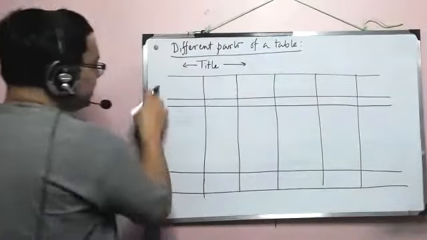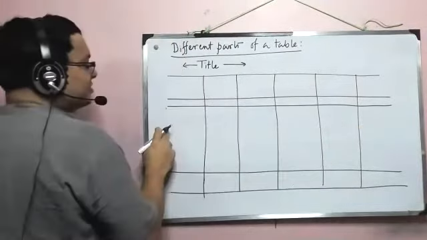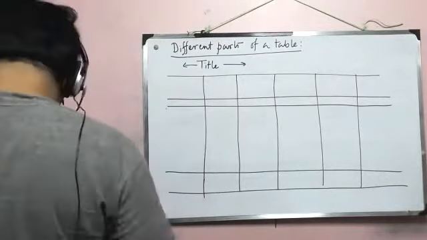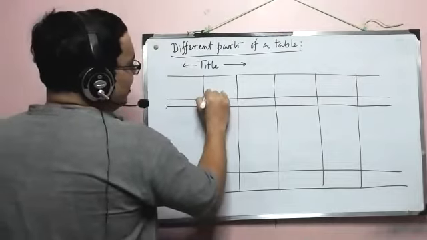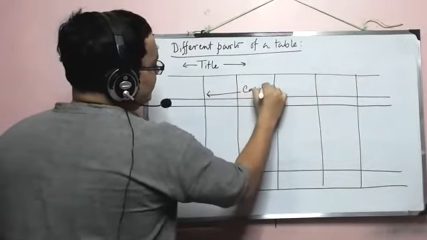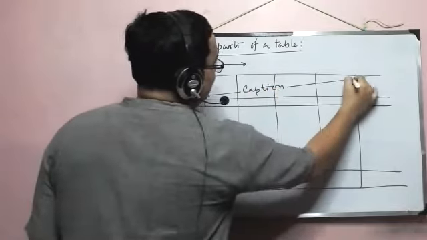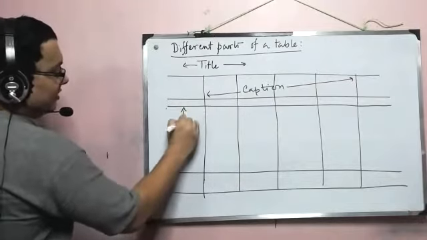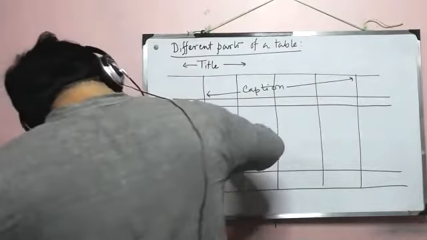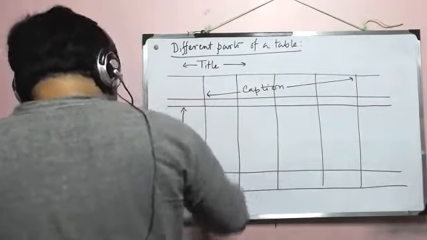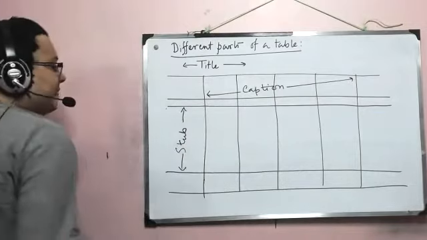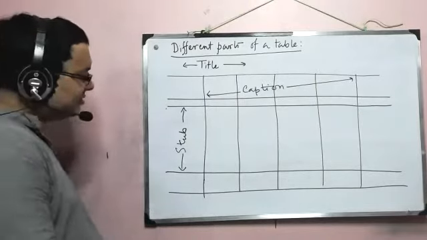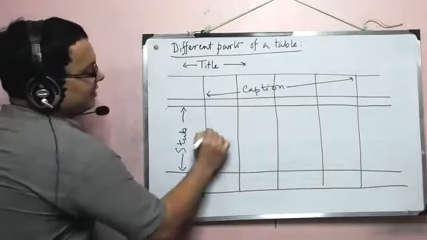Okay. So these straight lines at both ends that I have drawn actually mean the end of the table. All right. So the title is above. Then this part is called the caption. This is the caption. And this part is called the stub, STUB. Even if you are asked to draw different parts of a table, in that case also you maintain writing stub in this manner. Don't write stub like this, okay?